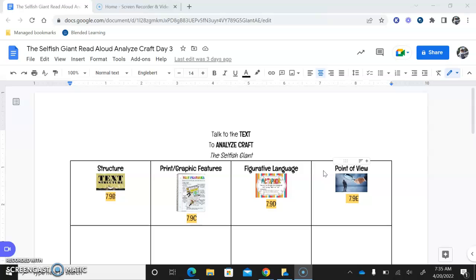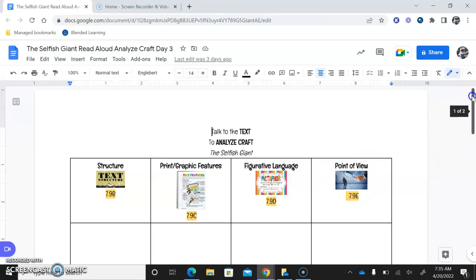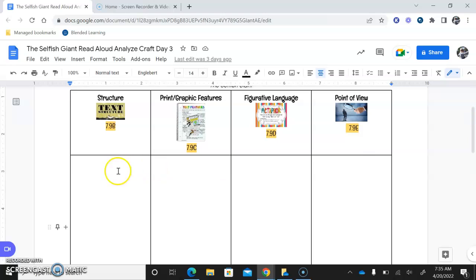We're going to use another graphic organizer. I'm going to fill this out as I talk through the story, and then you'll fill yours out the same way because you're going to be doing your own graphic organizer for the story Smiles to Go. So the first thing we're going to look at is the text structure of this story, The Selfish Giant. So the text structure in this story